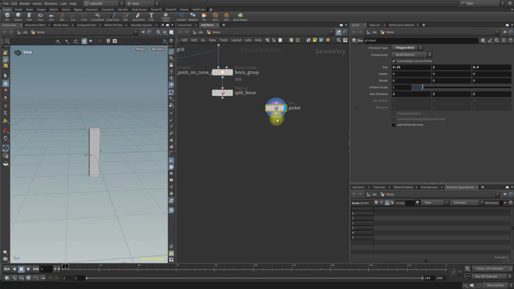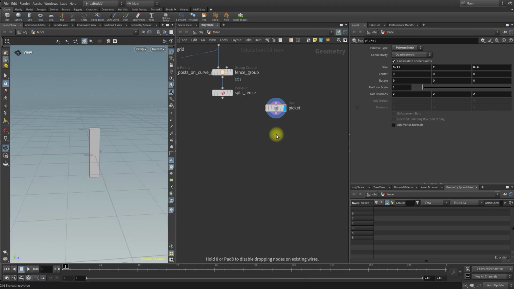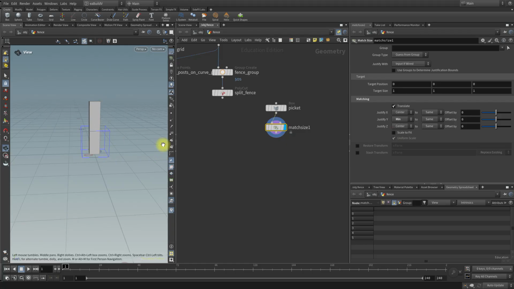And the next step will be to position it on the grid. So again, we can use side effects, axis align. Side effects labs, axis align to be precise. I'm going to put that here. And once you enable the display, make sure that the justify Y is set to min. So that should position the